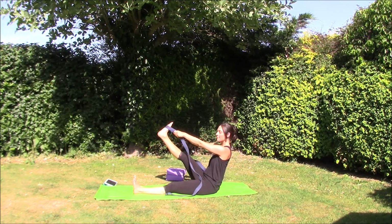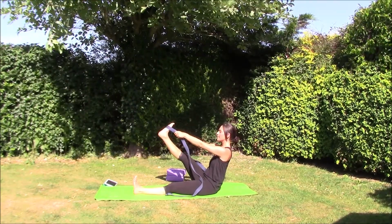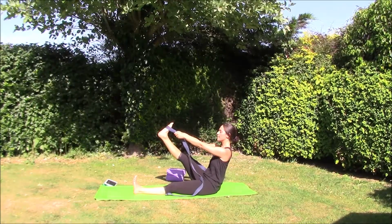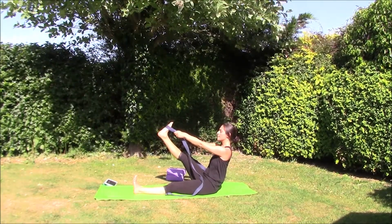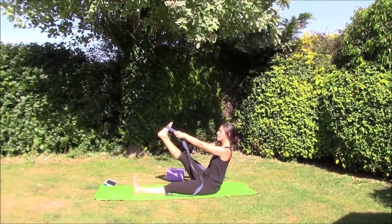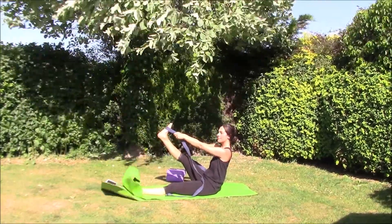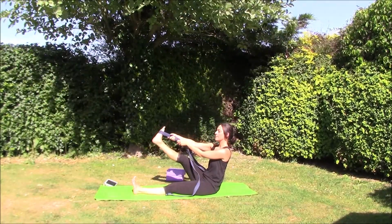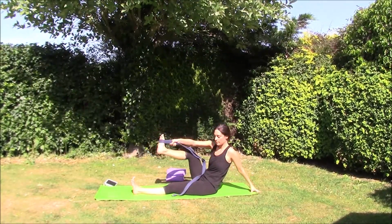And lengthen through the hamstrings, through the calf muscles. Keep pressing through that right heel, into that right hip. Really feel that stretch deeply there. Keep the belly nice and strong to protect the low back. And hold. And then as we're ready, switching that strap into the right hand and taking it into a nice